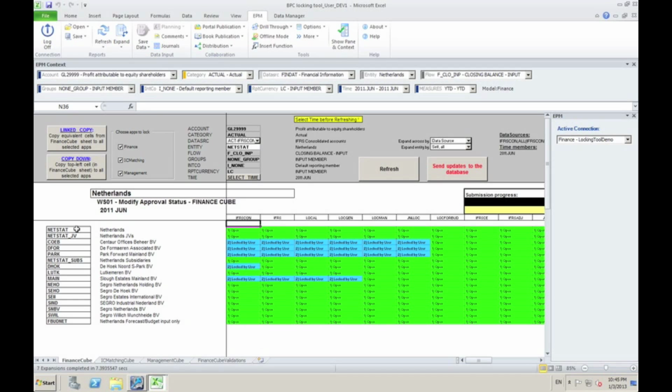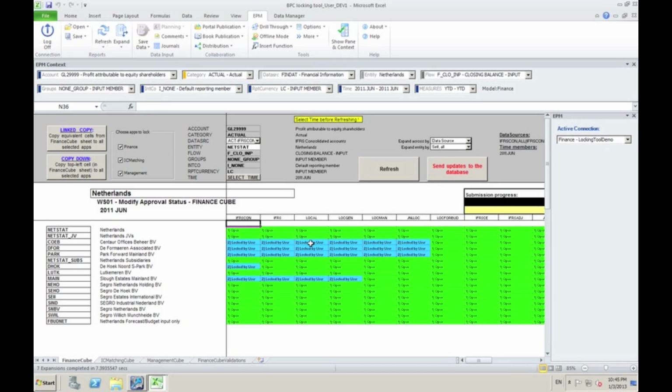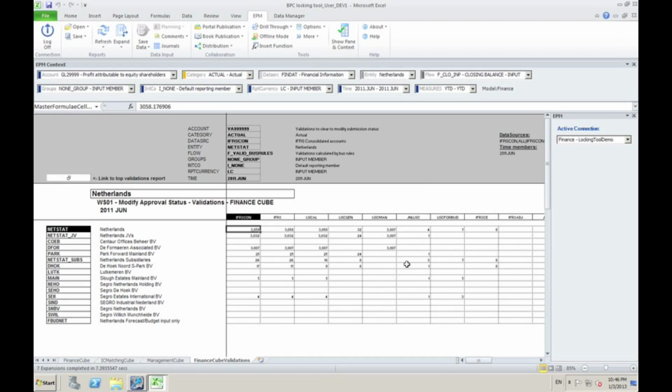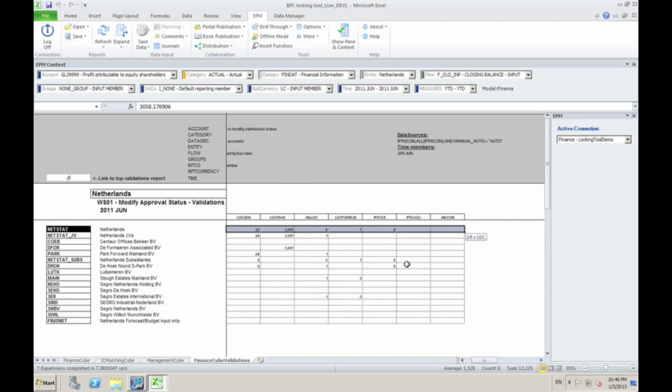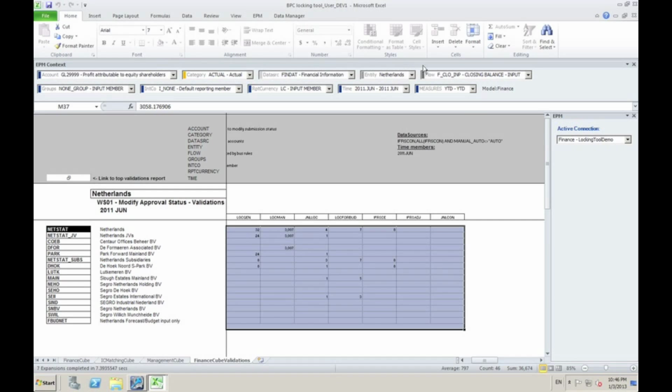Just like on the version 7.5 video, which you might have looked at, I've got entities going down the side here in that column over there. So I've got entities going down by row, and then I've got data sources going across the columns here. The functionality is just the same, except it works in EPM. If I click on Send Updates now, I'll still get my validation error, differences found problem, which is not a problem at all. So I'll just clear those validations out quickly, doing it the easy way,